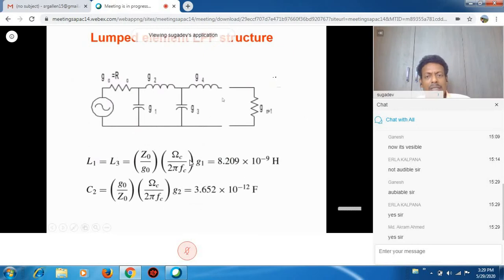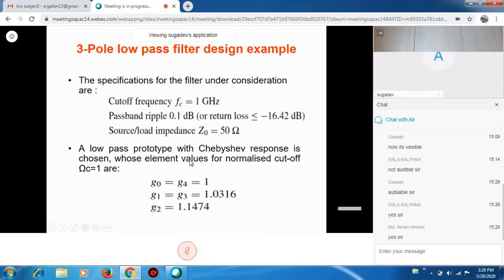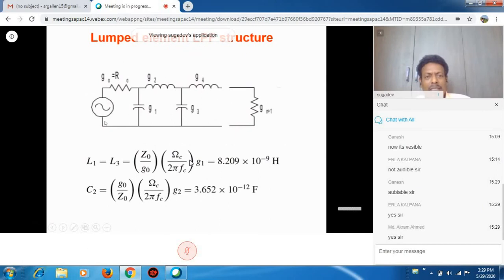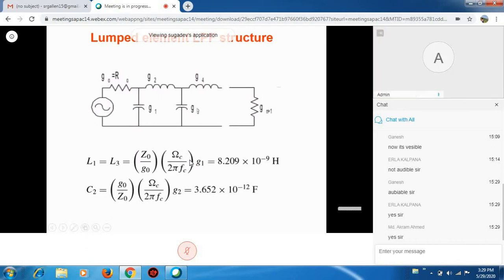So this is our counter filter structure. We need coefficients G0, G1, G2, G3, and G4. That's 5 elements, which includes the source resistance as well. So this is going to be the circuit which we are going to design. We have G1, G2, G3, and